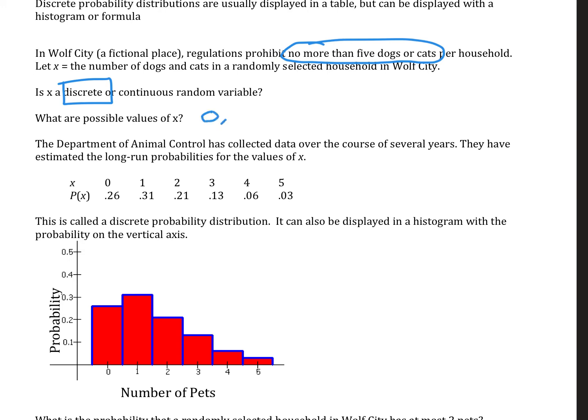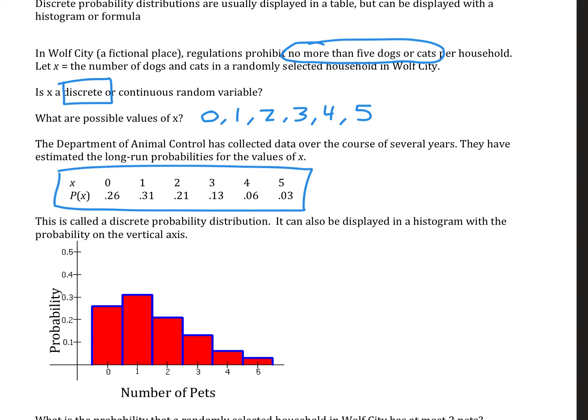Well, that would be every integer from 0 to 5. So those are the possible number of pets that someone could have at their home. All right, so we see the table. It shows the probability of each possible value of x. So that's called a discrete probability distribution. And then the histogram below it is also a discrete probability distribution. That's just in a